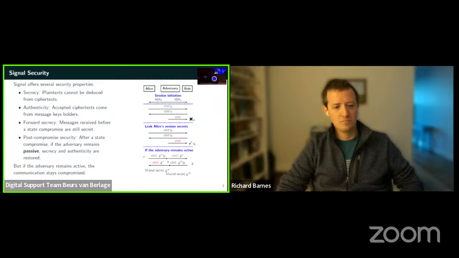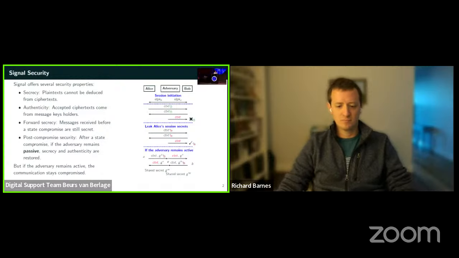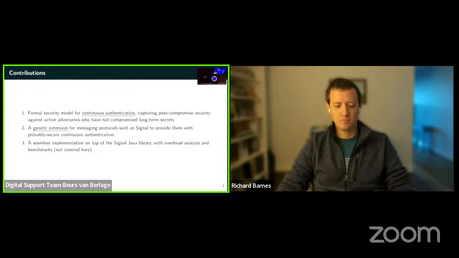And our work is to tackle this issue, and because almost no one is actually using those out-of-band checks, we want to make something in-band by leveraging the identity keys that are used in the session initiation and are no longer used afterwards. Those identity keys could be authenticated using an out-of-band channel, but afterwards, active adversaries would be detected on the in-band channel thanks to our mechanism. And so this is what we have contributed.